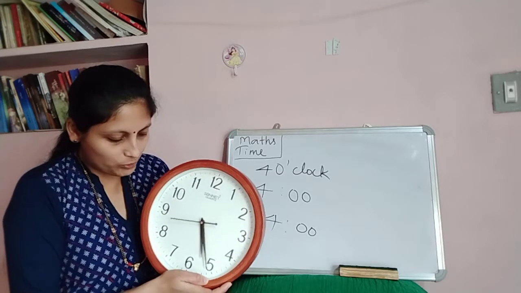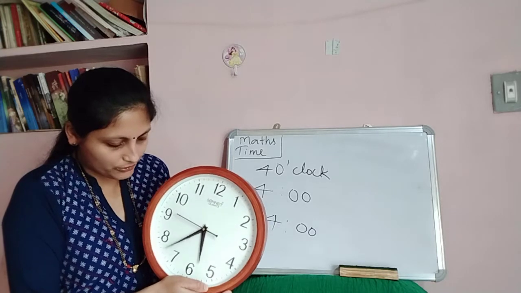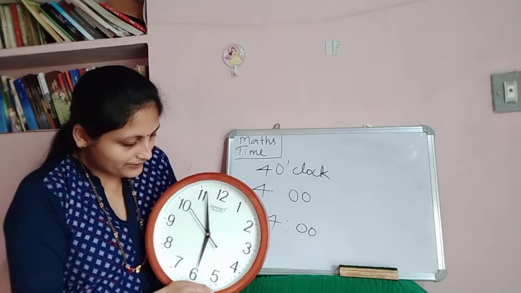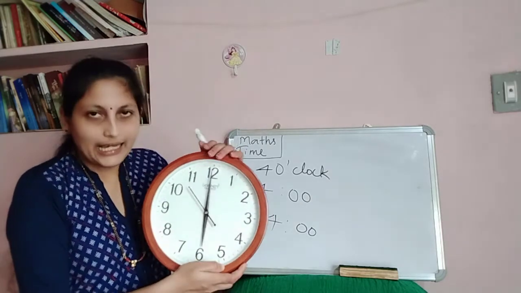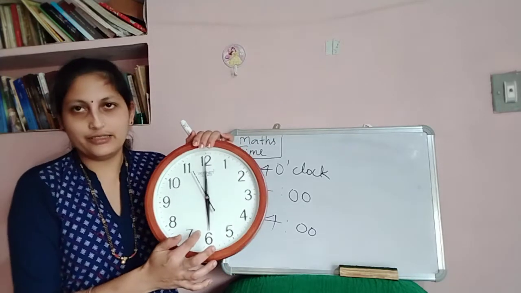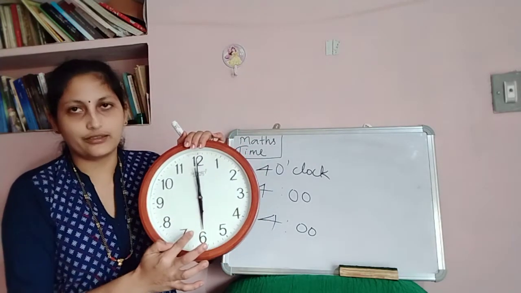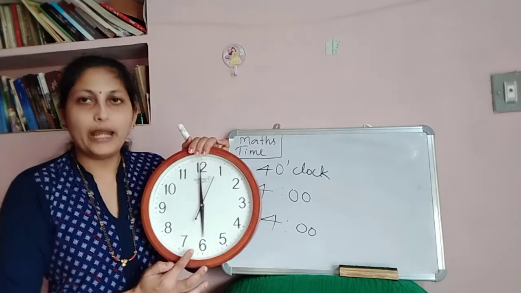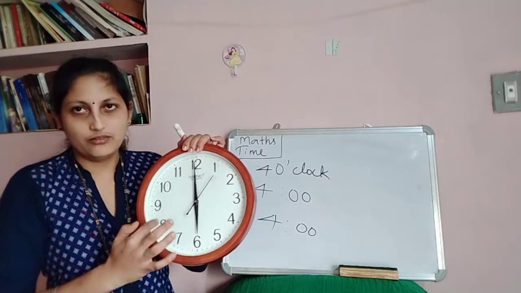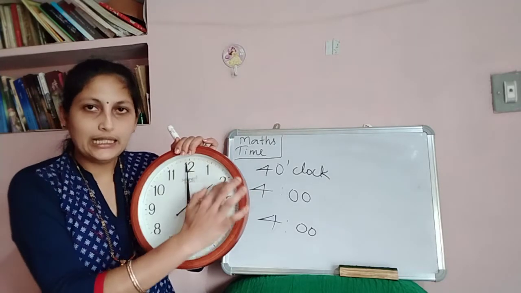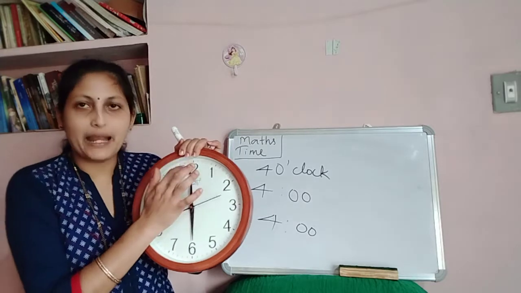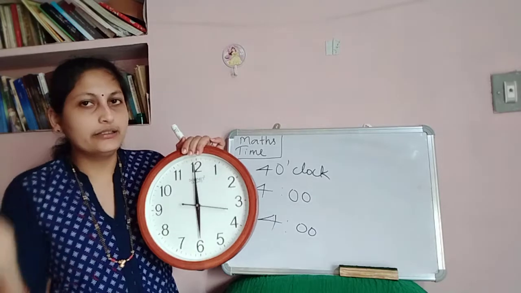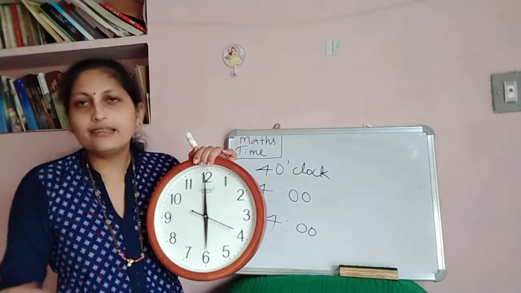When it completes one rotation, means one complete round, and once again reaches back to the 12, you can see that the short hand has moved from 5 to 6, isn't it? The short hand moves from 5 to 6. So now it is 6 o'clock. So it has moved slowly from 5 to 6 while the long hand was moving. So long hand moves from 12 and it completes one round and it reaches back to 12. By that time, short hand moves from one number to the next number, or 1 hour to the next hour.